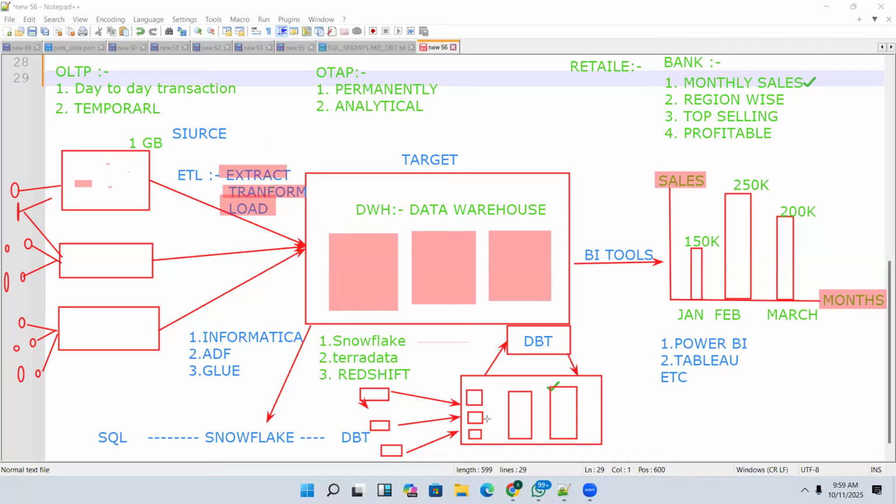On top of this raw data, we need to perform some transformations. The data is already in Snowflake and has to be stored within Snowflake. What we have to do here is only transformation, and for that we need DBT. There are also so many projects going on in this combination, that's why we use DBT here.